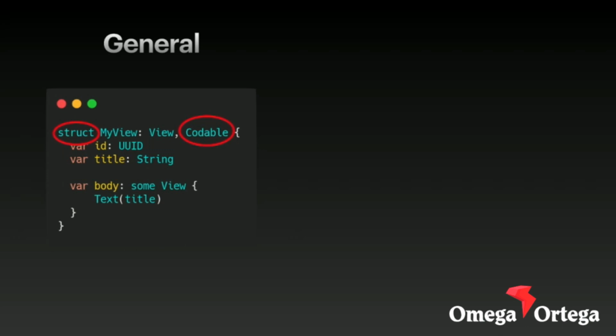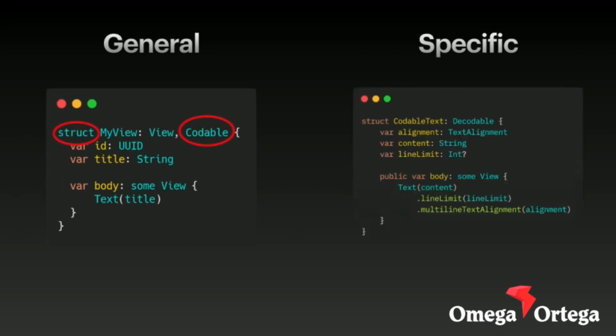Now, this is the next step of evolution, right? If we're looking at it from a Codable text, we could create a Codable text that is not encoding and decoding the data that is being displayed in our view anymore, but it is encoding the view itself, right?